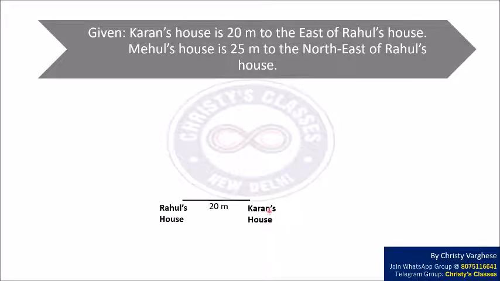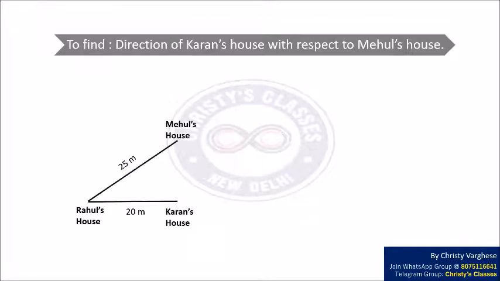Also, it is given that Mehul's house is 25 meter to the northeast of Rahul's house, and this is the northeast side from Rahul's house. So, Mehul's house is here and it is at a distance of 25 meter from Rahul's house. So, we have to find the direction of Karan's house with respect to Mehul's house, and this is our figure,